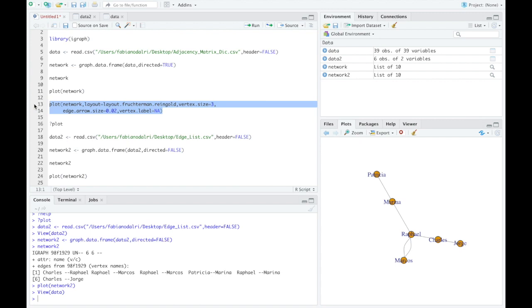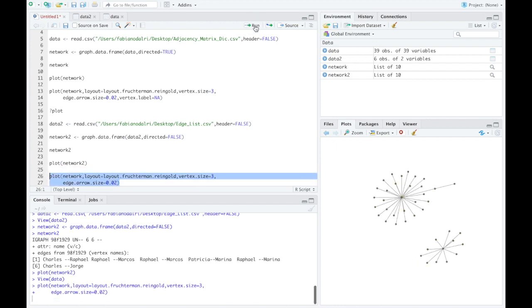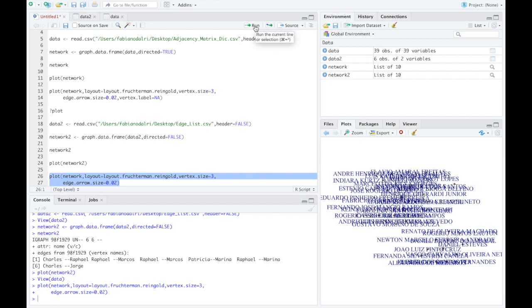Okay, for example, let's use this first one here, and let's keep everything like that, but let's leave the vertex label here and see what happens. So let me select these two lines here, and then I'm going to run this. So yes, you can see now that you have the labels, it does not look good. Okay, so let's go back to not having the labels,